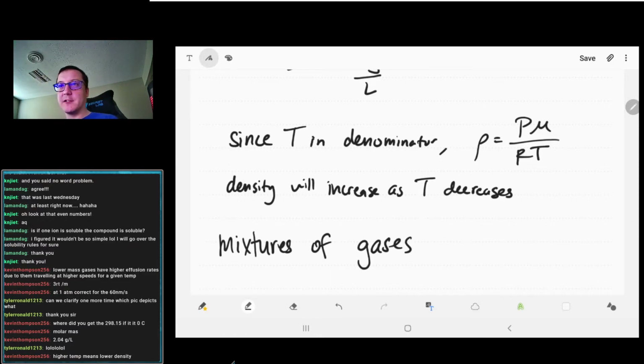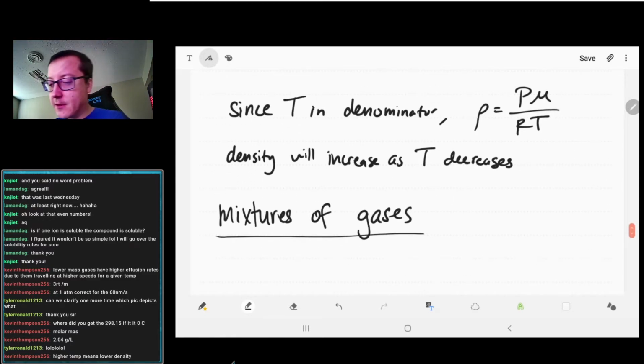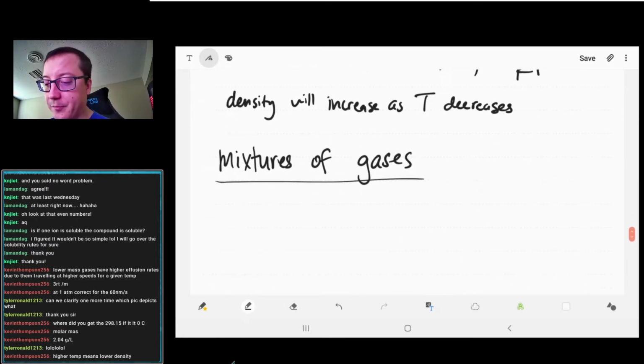Alrighty, let's talk about mixtures of gases. So these are kind of just like the trail end things. We've talked about most of our gas stuff already. We're kind of learning just a few other applications here and there. So we can talk about mixtures of gases. Some gases you'll have as pure substances. They'll just be a tank of oxygen gas or whatever, or your fire extinguisher full of CO2, whatever it happens to be. But you may also have mixtures of gases, like an important one called air, that perhaps we are familiar with,